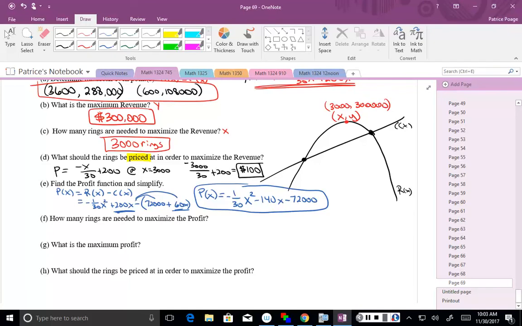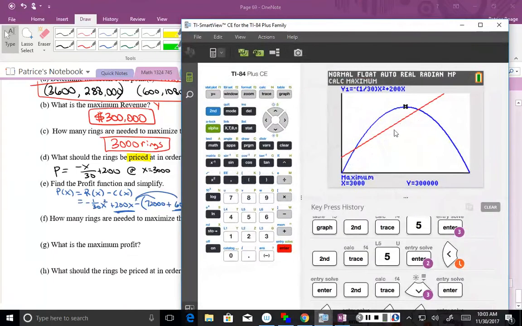It says how many rings are needed to maximize the profit? What is the maximum profit? So I need to graph this profit function. And when I graph it, it'll be just like a little mini-me on my graph right there. And I want to find the maximum. I could use the equation I just found, but there's such a big chance that you might have made a little mistake on that one that I would suggest, since you already have the revenue and cost in your calculator,